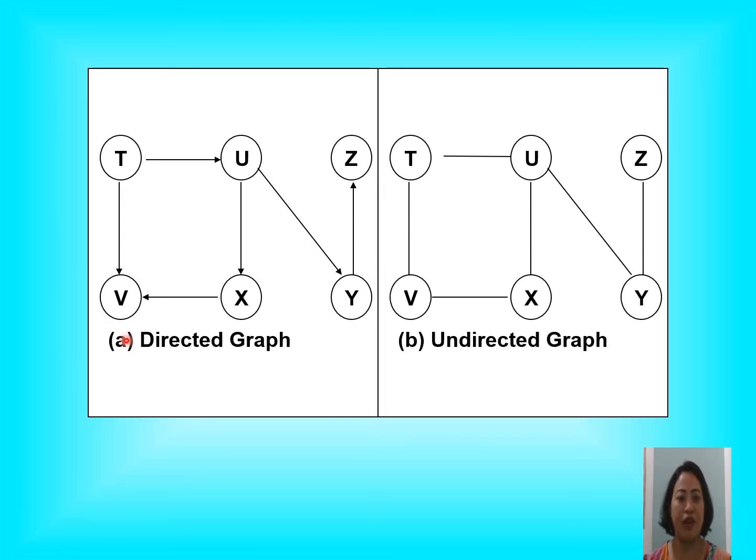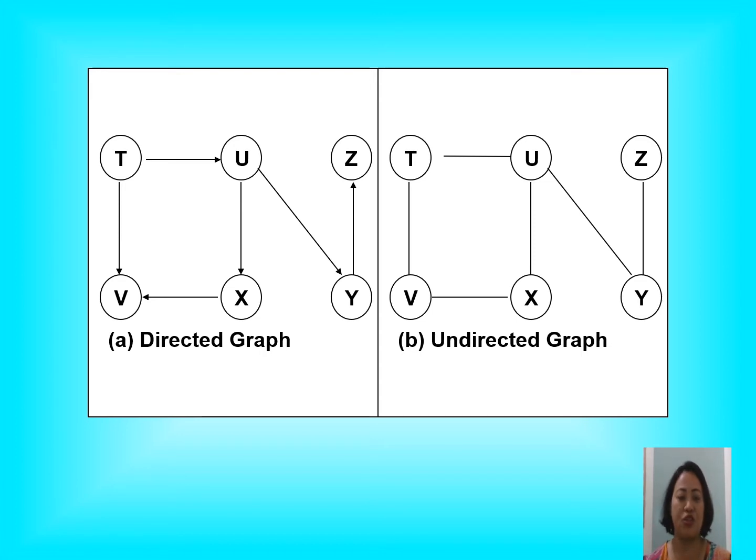For the directed graph, as you have noticed, we have directions. We have arrowheads, an arrow pointing in whatever direction it is. So let us say I start from the T vertex, and then I can go either way. I could go to U or I could go to V. If you have a path, a path is a series of edges, a series of vertices